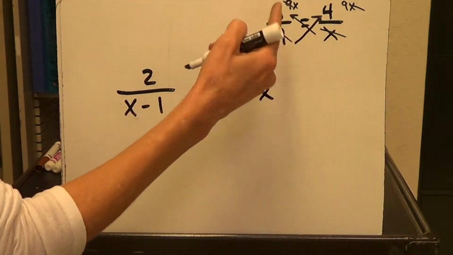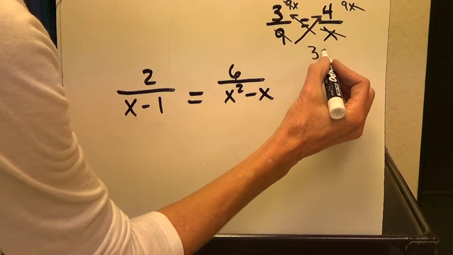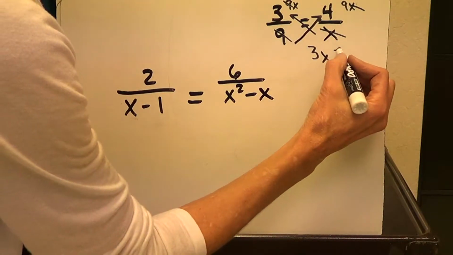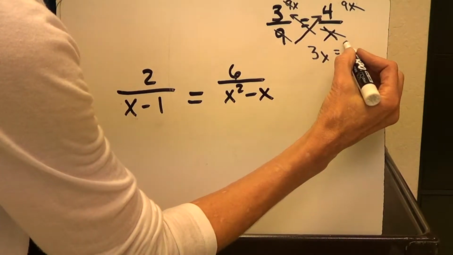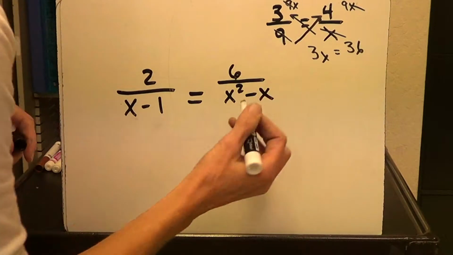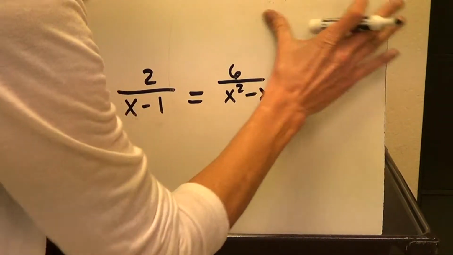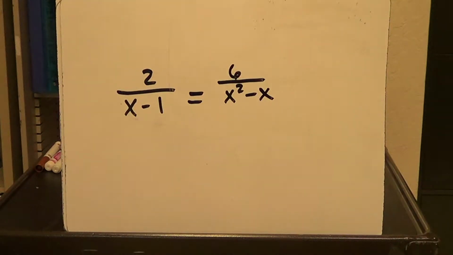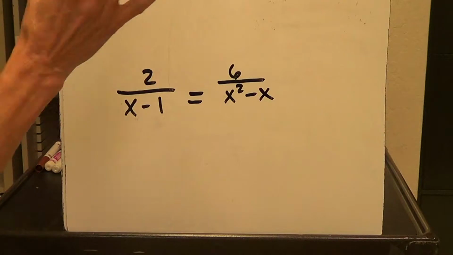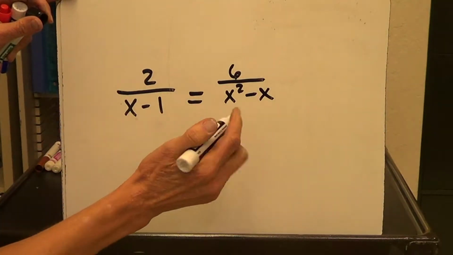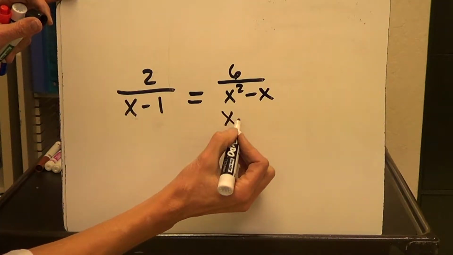So when you solve that, it would be 3x equals 9 times 4, 36. And then you divide by 3 on each side and get that x equals 12. Okay? Now, you can do the same kind of thing here, but first step always on rational equations is factor everything you can. So right here you can see that you could factor out x